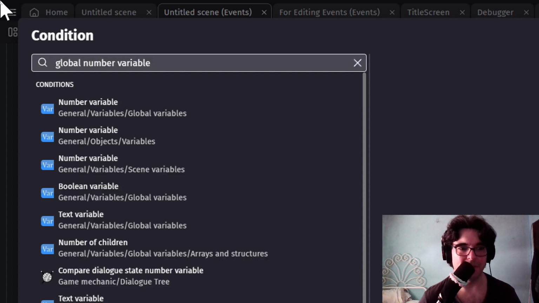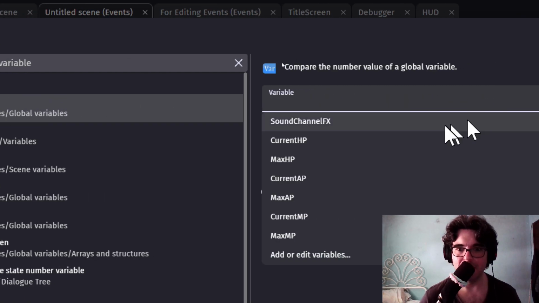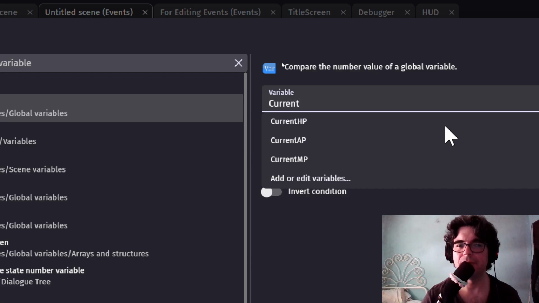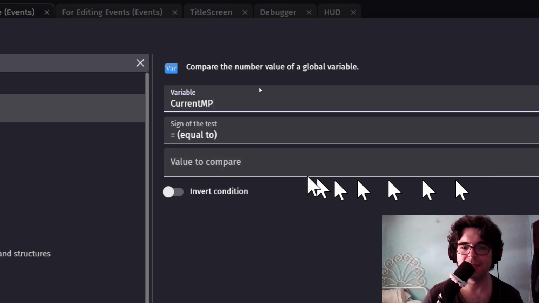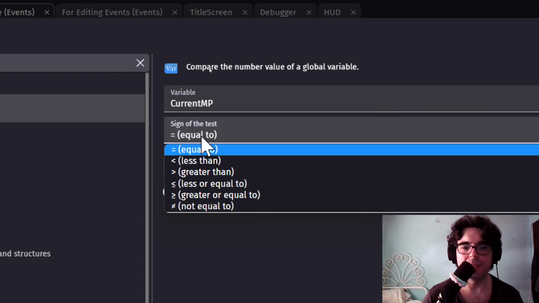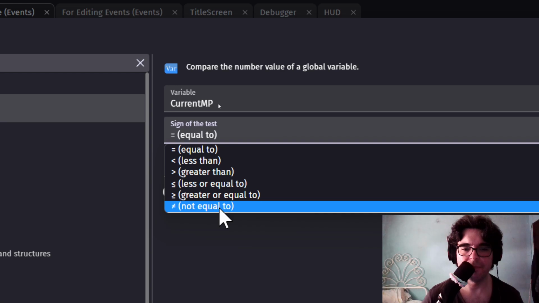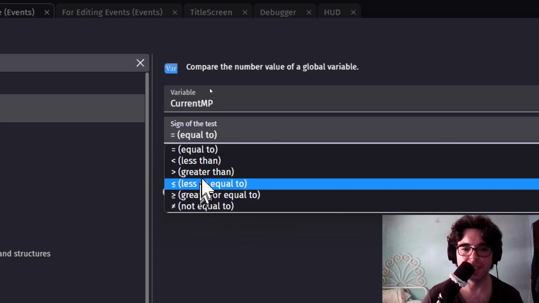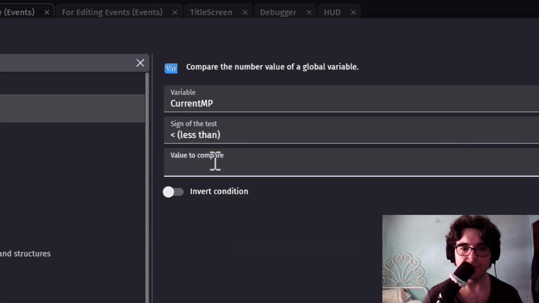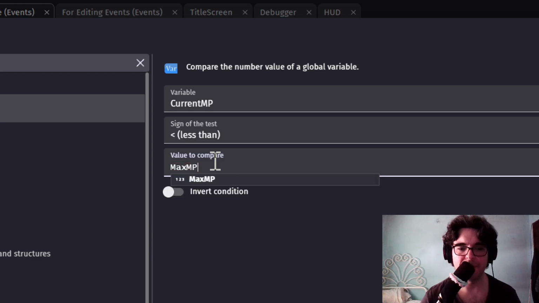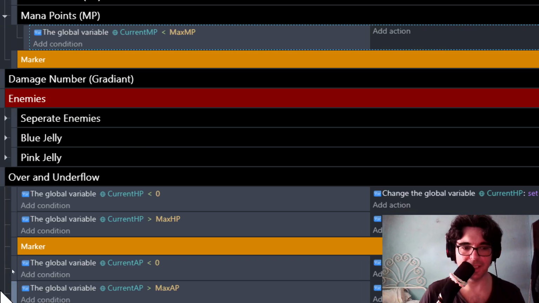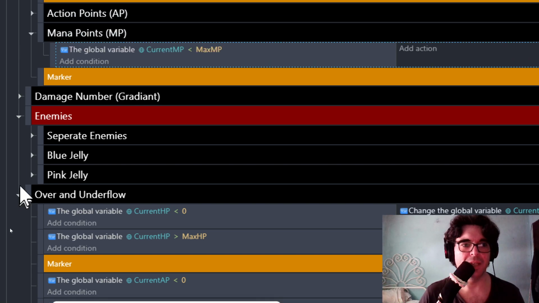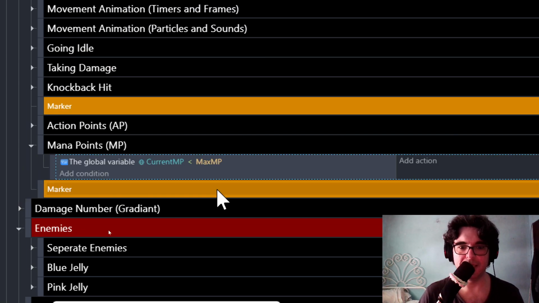So, global number variable. And we're going to check current health. Not current health, current MP. See, this is why I want to do the podcast differently. Okay, if it's less than maximum MP, max MP. That's because if I'm just talking, I can't work. I can't multitask, man. I have such a hard time multitasking. I need to focus on one thing or the other. So if current MP is less than maximum MP,